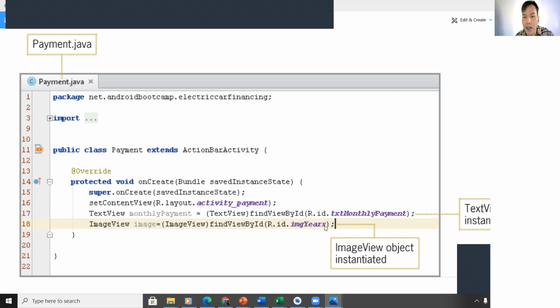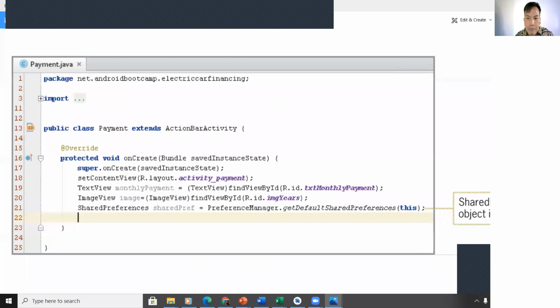These two on lines 16 and 17 are instantiated. This is Payment.java. Then after that, the shared preference object, we need to insert that on line 21